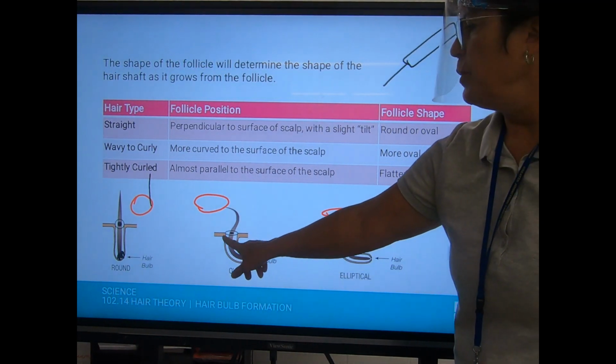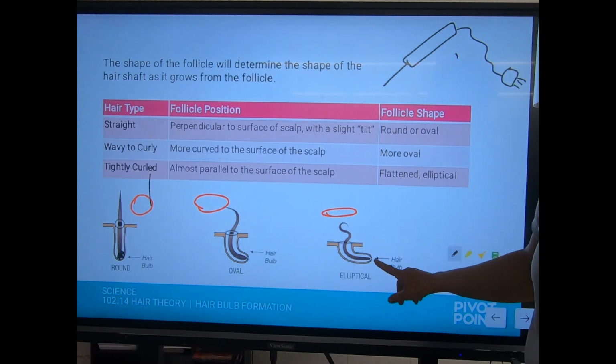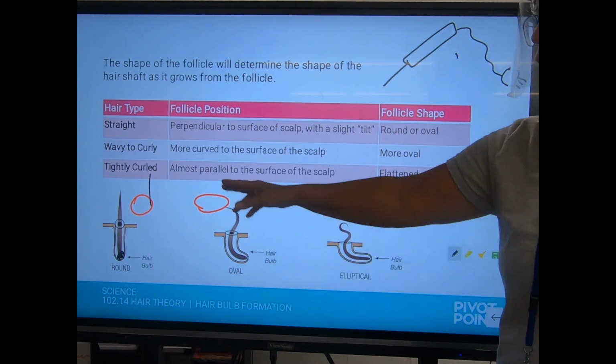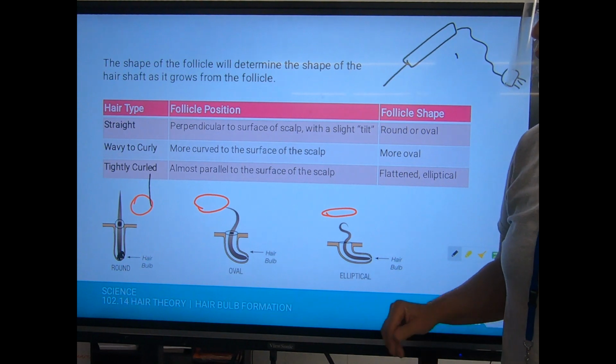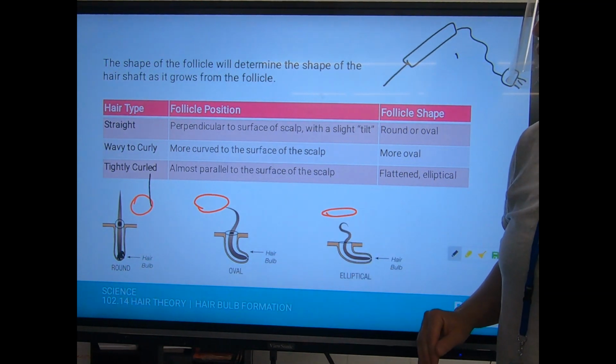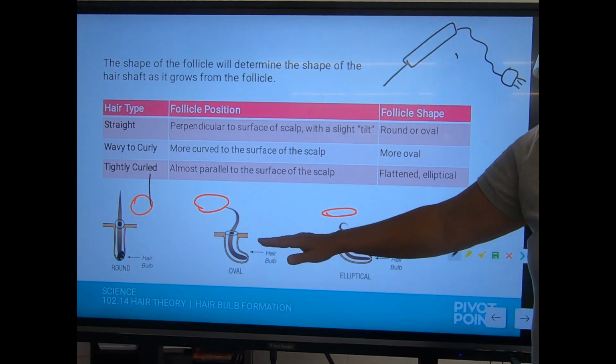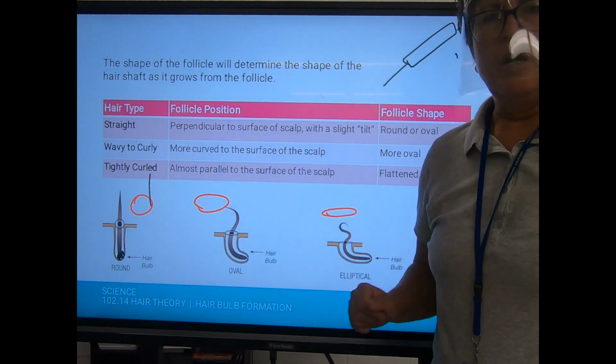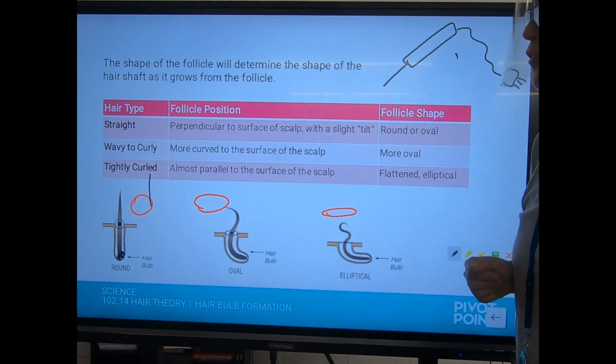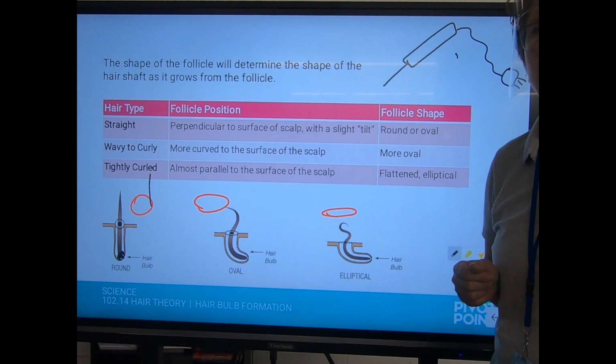Okay, you can see it would be harder to get that down to the papilla the curlier it goes. The straighter the hair, the easier that's going to be. The other thing that I want to talk about is when people go through chemotherapy. If you've ever been around somebody that's gone through chemotherapy,